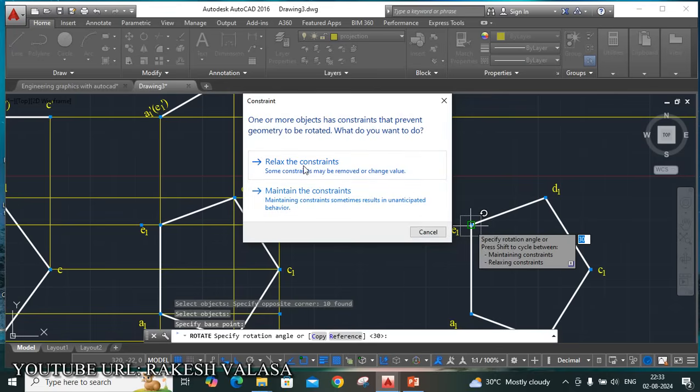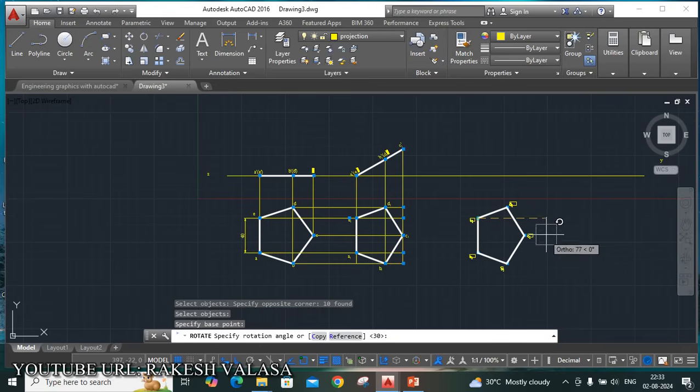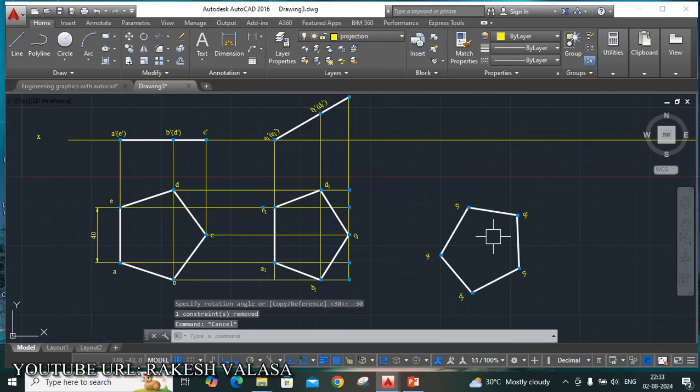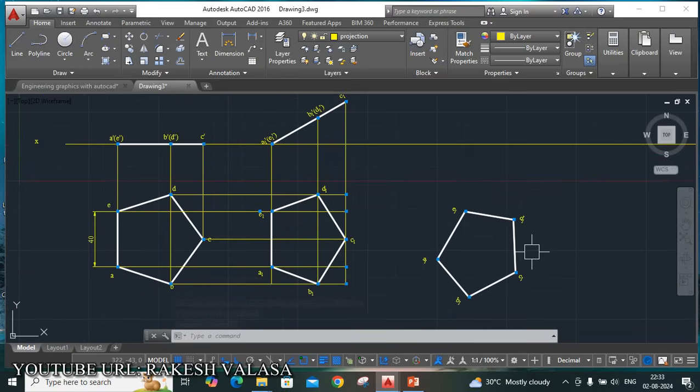I am choosing this button, relax the constraints. Here I am entering minus 30 degrees. Then click enter. If you have any doubt, you can draw one extension line from the A1 E1 edge. L enter.